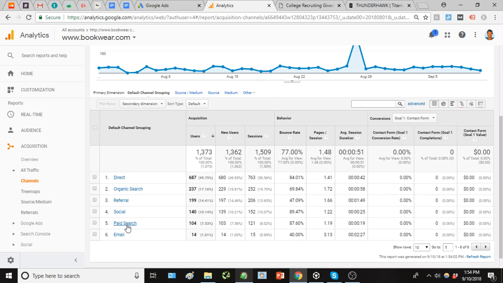But here's what we really wanted to assess: how paid search is performing. Again, only based on a little over 100 users in this time frame, but the bounce rate is really high. 87.6% bounce rate is pretty atrocious, and average time on that landing page is 19 seconds. So